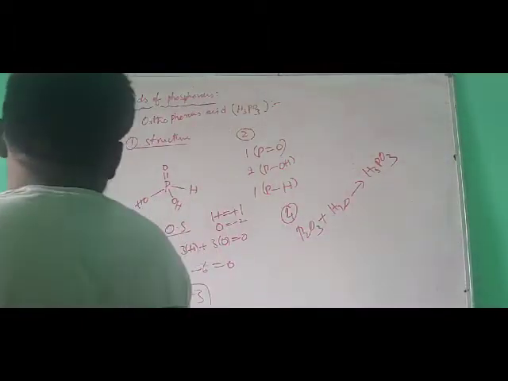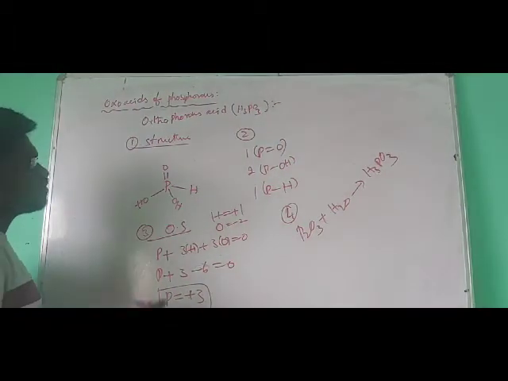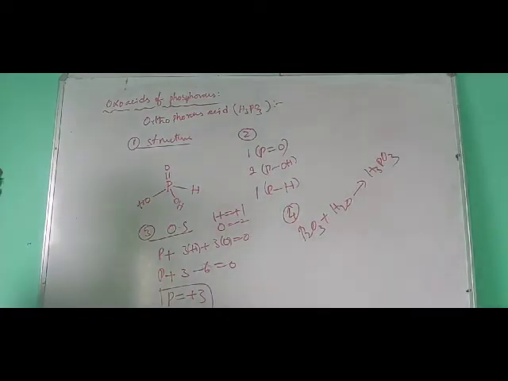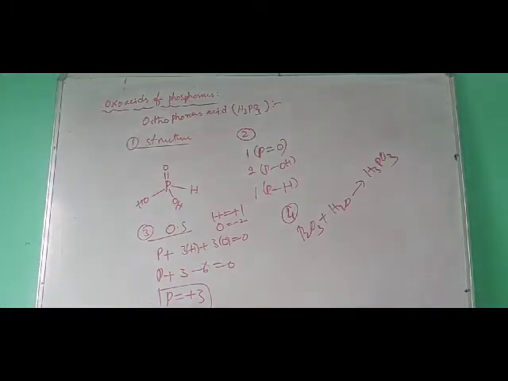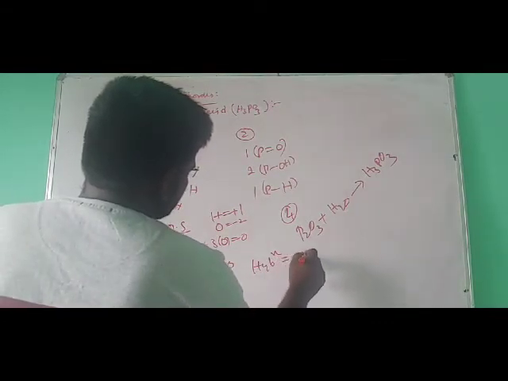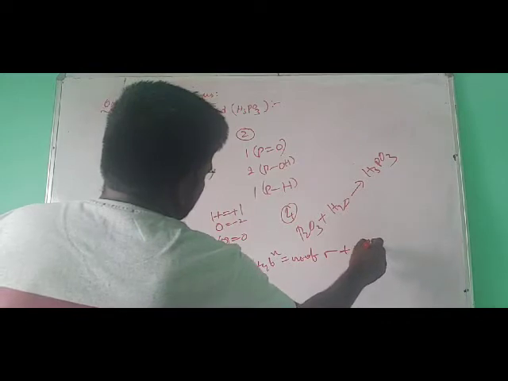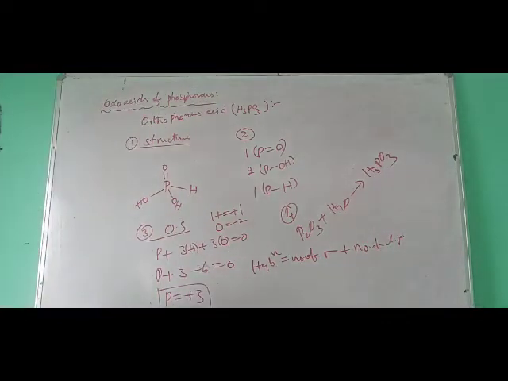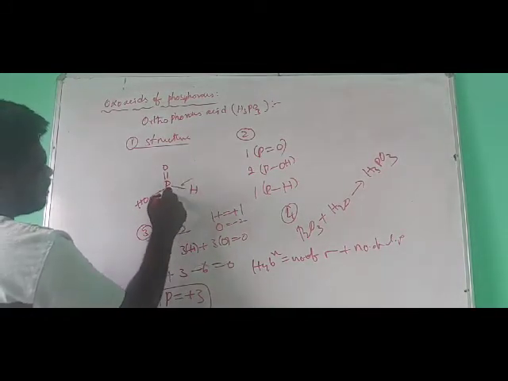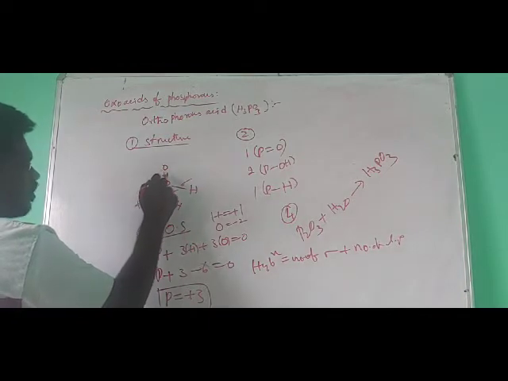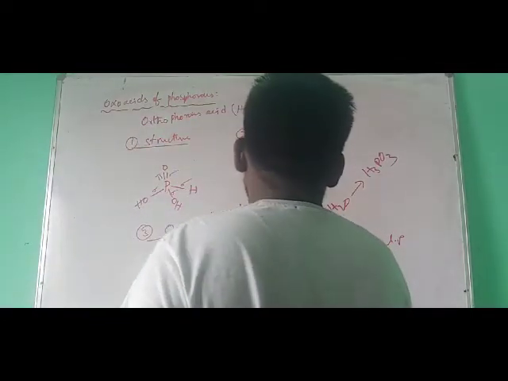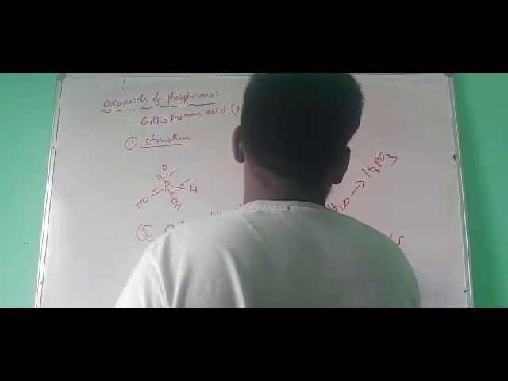Right. And next one, guys, what about the geometry of the molecule? So now, if you know the hybridization, then easily we can predict the geometry of the molecule. So I told you a formula to find out the geometry. Hybridization equals number of sigma bonds plus number of lone pairs. So now here, all single bonds are sigma bonds. Sigma, sigma, sigma. And whenever you have a double bond, one bond is sigma and another one is pi. So now here we have 4 sigma bonds, that equals 4, and the number of lone pairs is 0 here. So the value is 4.